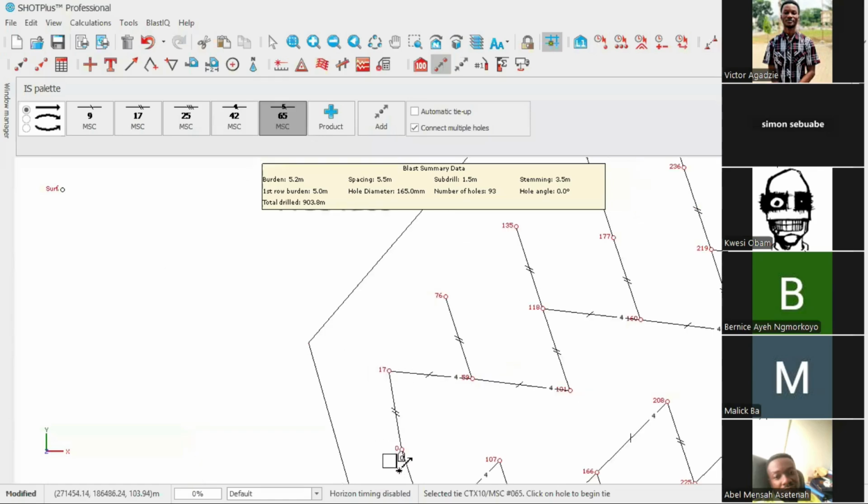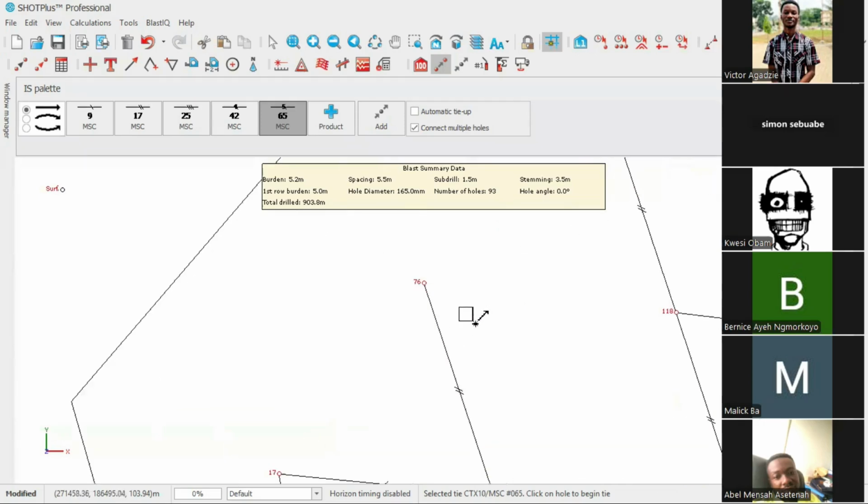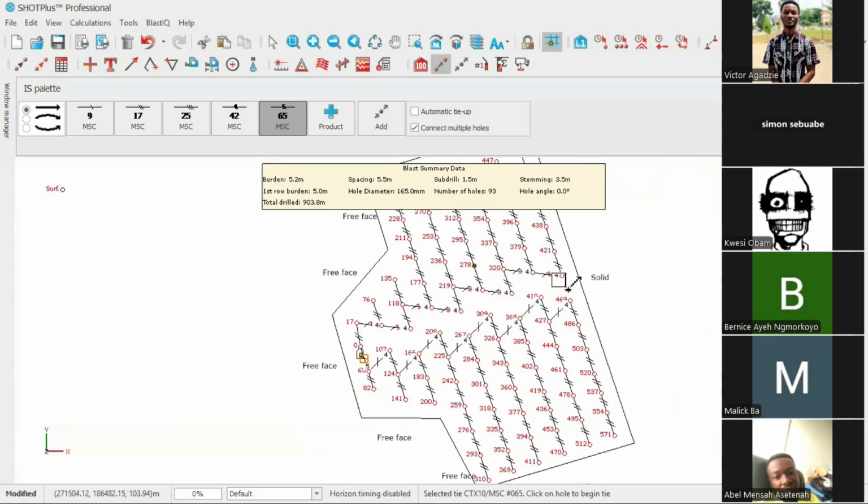So you can see 17 here, right? Zero. So when this one goes, it will take 17 milliseconds for this one to go. Then followed by this. So you can see that 17 plus 42 will give you 59. And here, 59 plus 17 will give you 76. So when this one detonates, it will take 17 milliseconds for this one to go. Let me quickly show you how